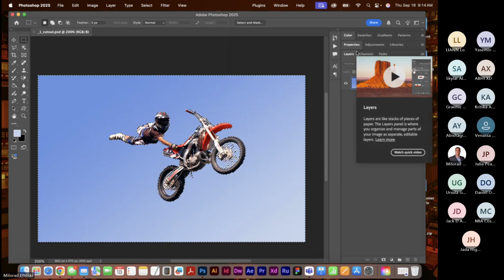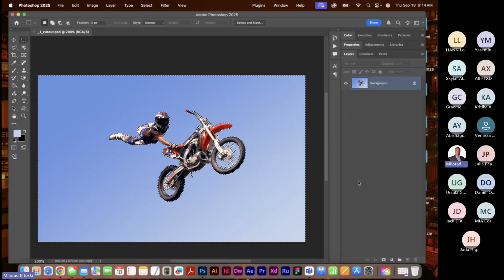Okay? All right, so now what I want to do is basically go to Quick Mask mode. Now I'm going to teach you the shortcut right now. I'm going to press D for default. The shortcut is the letter Q. So if you press Q by itself, you can enter